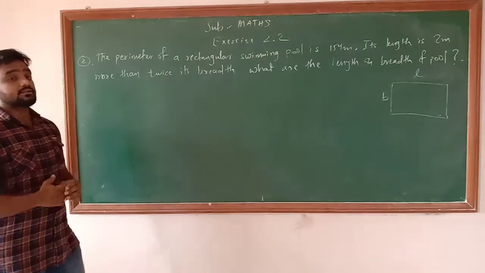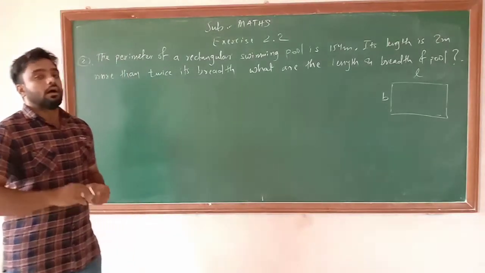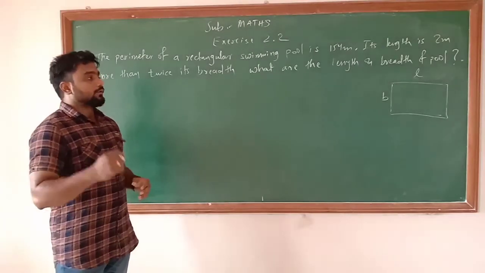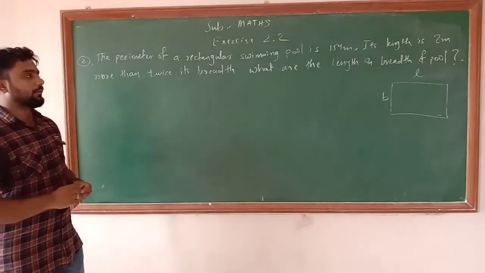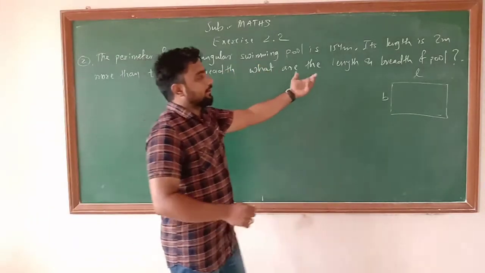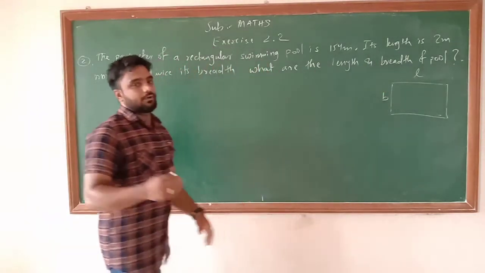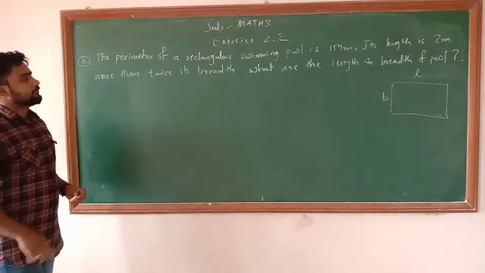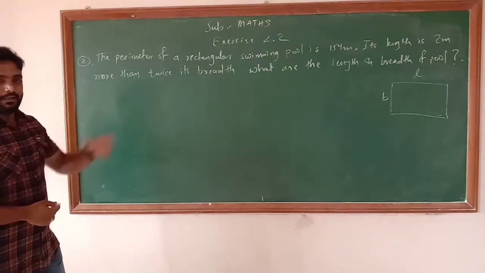Means पहले किस चीज को वेरिएबल बनाना है. ओके, अगर मैं आपको एक ही वेरिएबल का कंसीडर करना है. So here I am taking any of the things as the variable. You can take length or you can take breadth, whatever it may be. So I am considering the breadth as the variable.